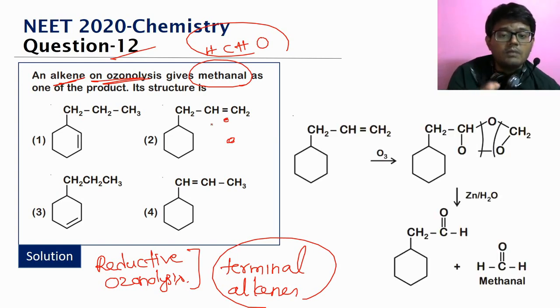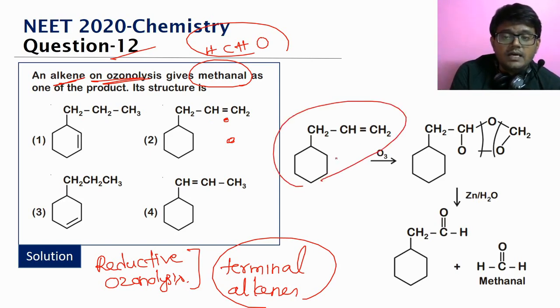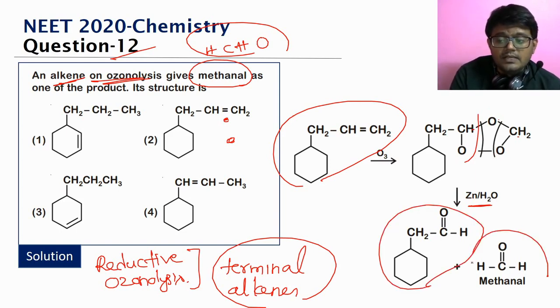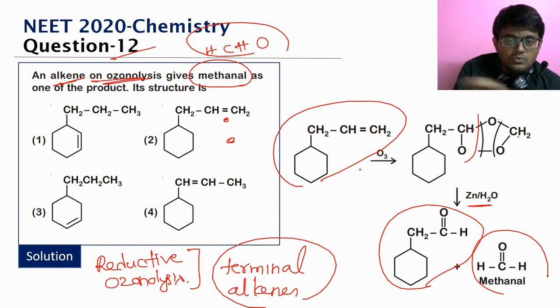So if you look at the ozonolysis of this terminal alkene, the ozonide complex will be formed onto the double bond. You can see CHO, CH2. So this is the ozonide complex. When we do the reductive cleavage with zinc in water, on this side we get an aldehyde, and this side also we get an aldehyde. Ketones we get depending upon the carbon. When the carbon is attached to two more carbons, then we get a ketone.